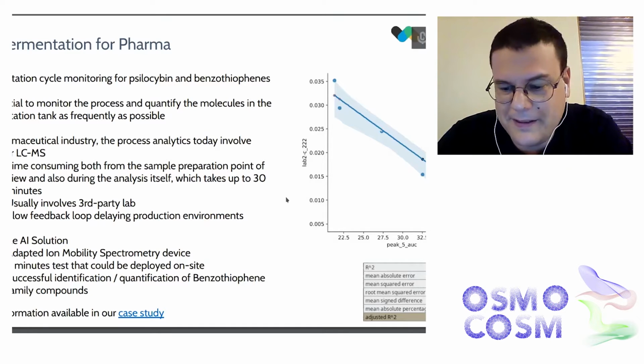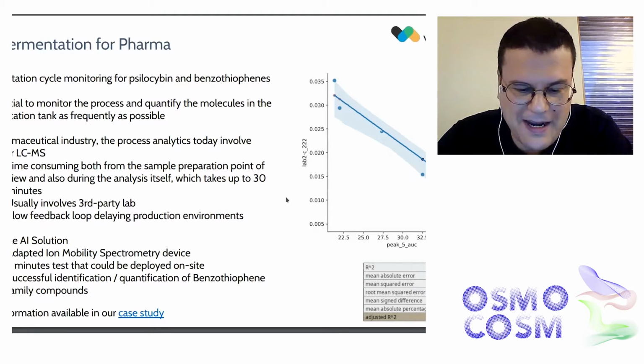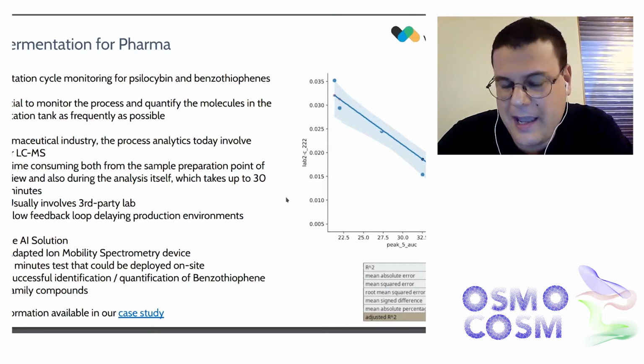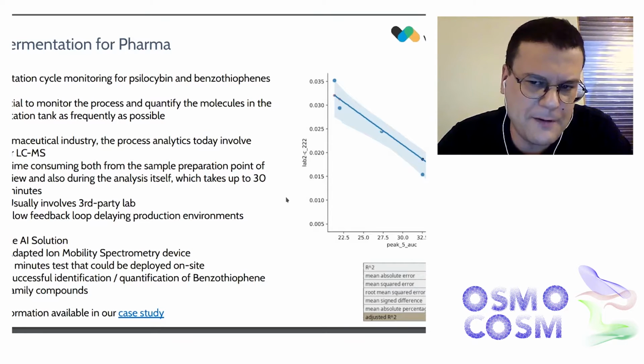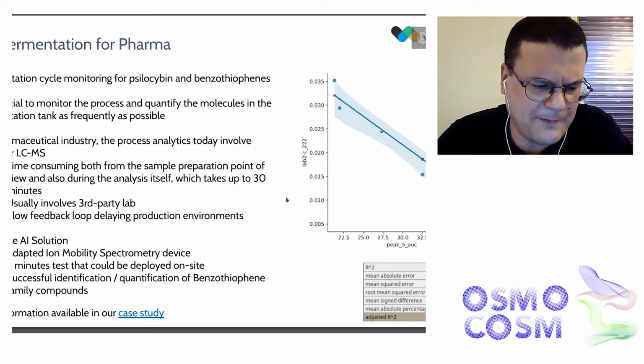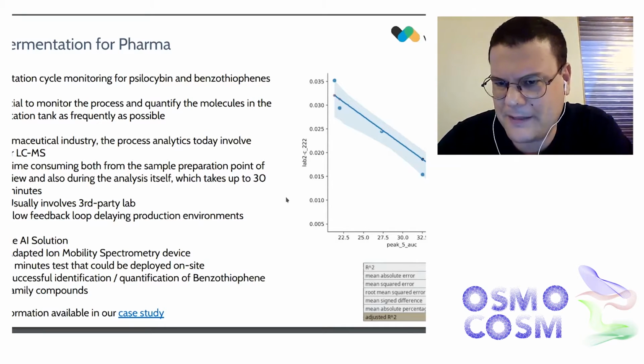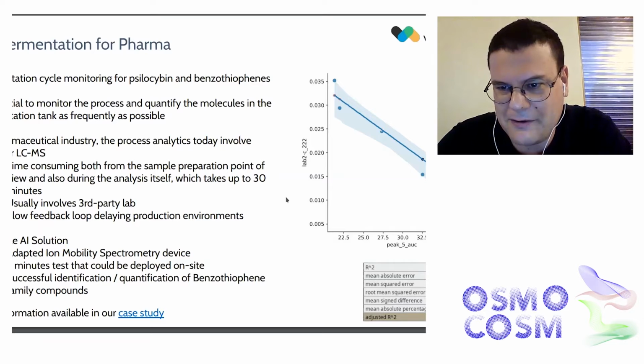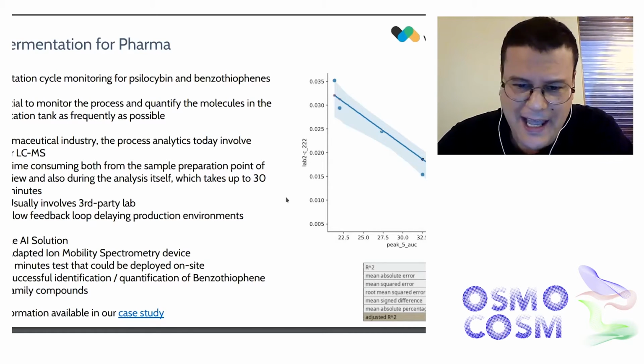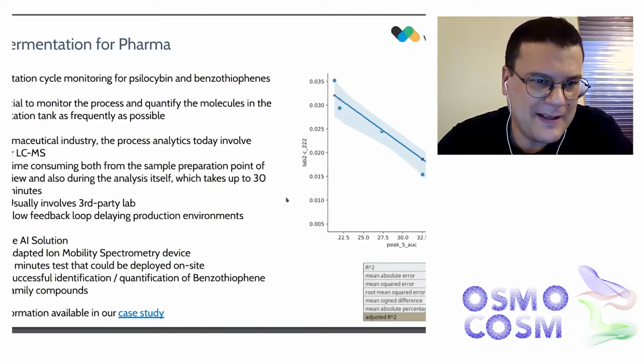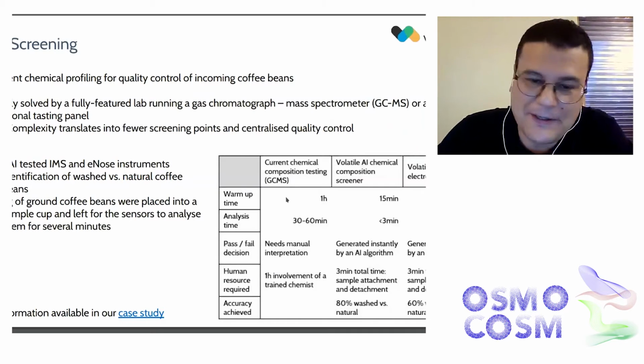Well, we found out to our surprise that the IMS was a great device for this. IMS is a very fast device, but would give you peaks in the same fashion as the GCMS, just much faster. We could see a direct correlation between the target compound of interest and one of the peaks. So we were happy to see that. But of course, smell is more than that. Smell implies a mixture of chemicals creating a perception, right?